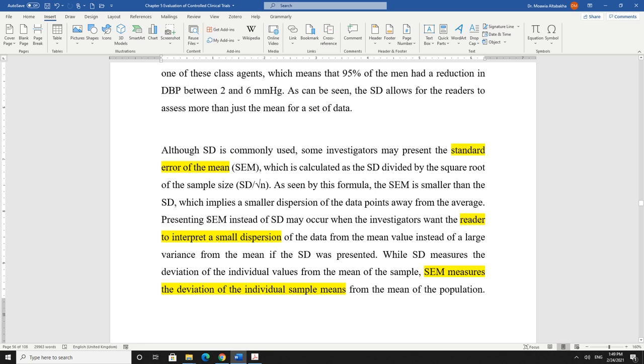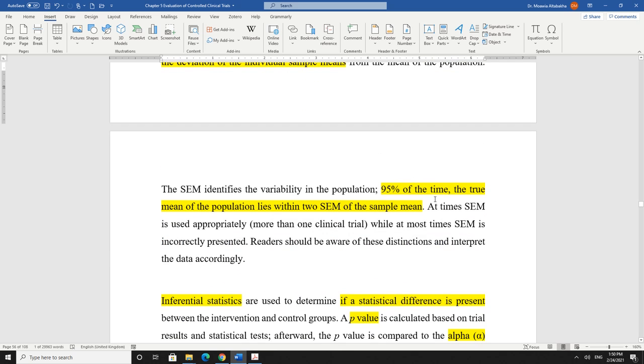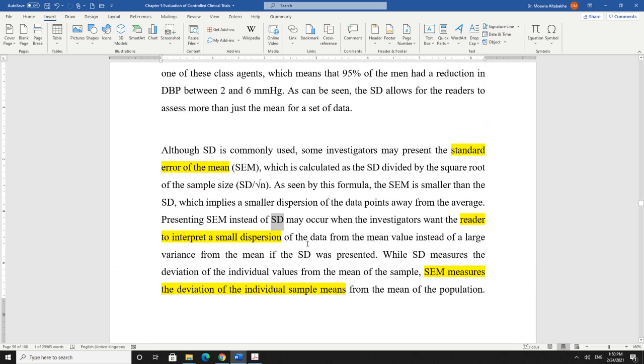So how is this calculated? Standard error of the mean. Standard error of the mean is equal to standard deviation divided by the square root of the number of subjects. Okay? Okay. I'm not sure if it is here. Okay, so yes, here it is. Okay, so it's standard deviation divided by the square root of the number of subjects in your group or in the group you are analyzing. That's why SEM is